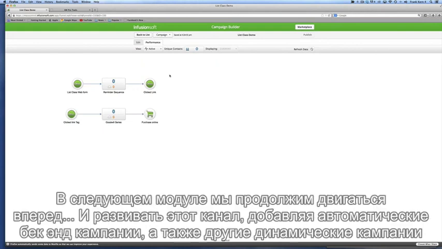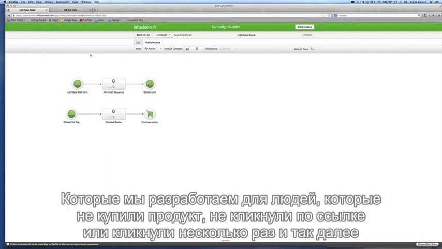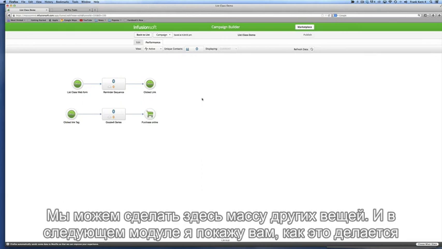Next week, we're going to build on the momentum of what we've accomplished here this week, and we're going to really start turning up the heat by ascending, with automated back-end campaigns, as well as other dynamic campaigns that we deploy to folks who don't buy or don't click or click multiple times, etc. There's all kinds of cool stuff we can do, and I'll show you how to do it